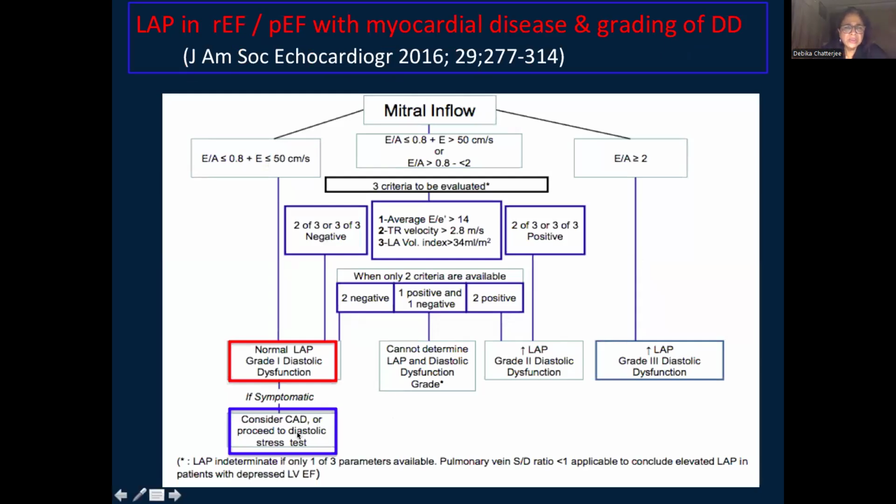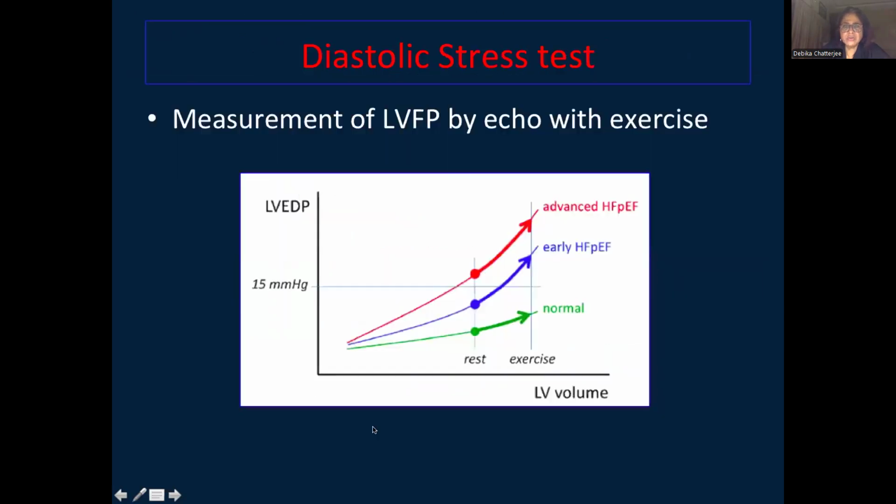So in this particular group, we go for a diastolic stress test. What is that? It is the measurement of the LV filling pressure by echo with exercise. So long we were measuring the LV filling pressure at rest. Now we will measure it with exercise, because the reason why we do it will be very clear if you look at